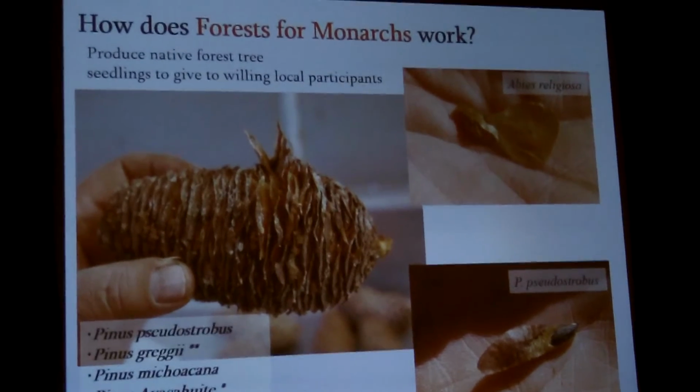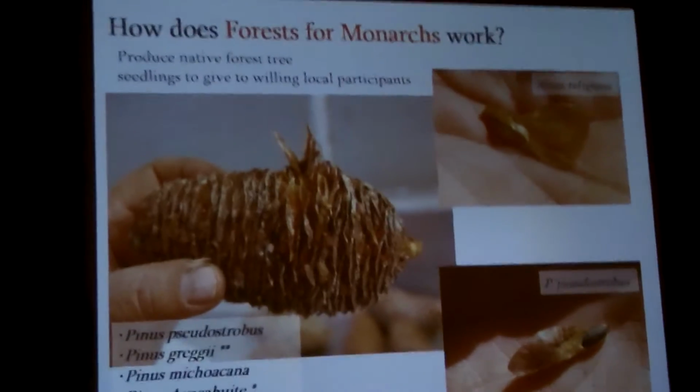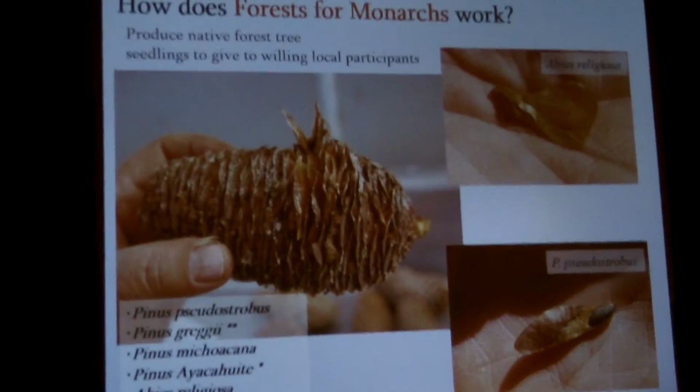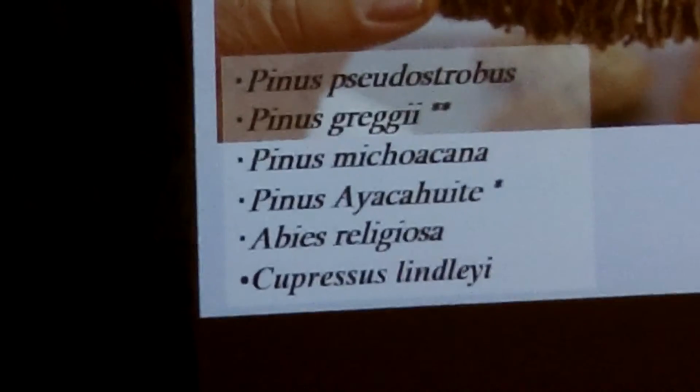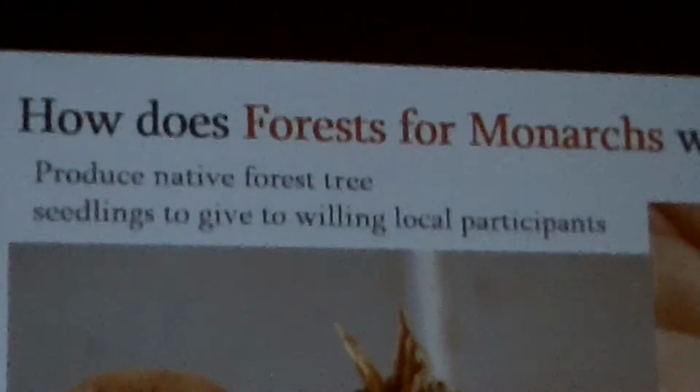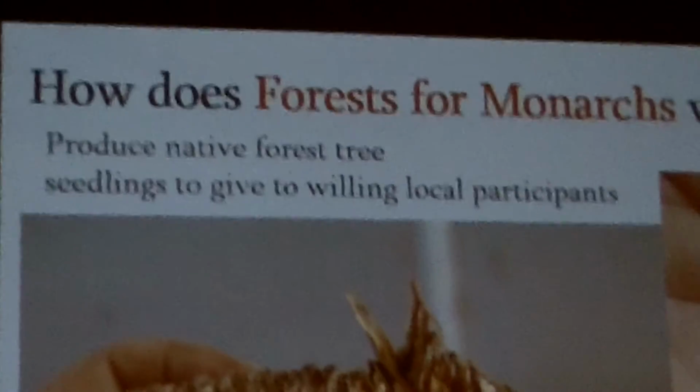So how do we work? The way we do it is we start from producing the trees. So we have our own nursery, I'll call it that, because not me, I've been working for this nonprofit for 2 years, but most of the group has been working on this project since 1997. So they consider the local nursery their own nursery. They have partnered in a really nice way. This local nursery creates high quality seedlings, native trees of course, and distributes them